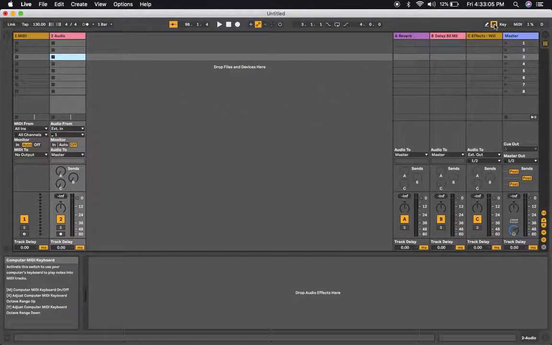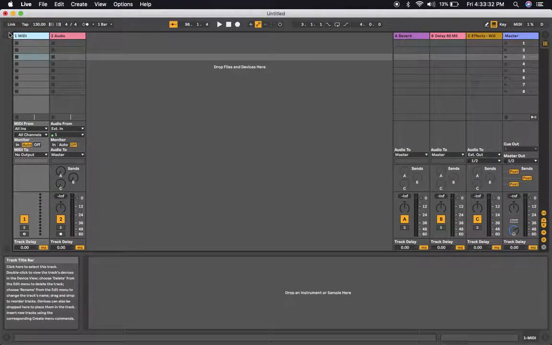The keyboard function is engaged in yellow right here, and it tells you how it activates the keyboard to be a MIDI controller. Your notes A through L, the middle of your keyboard, becomes your piano keys kind of. So I'm going to engage that and I'm going to go into my MIDI track,